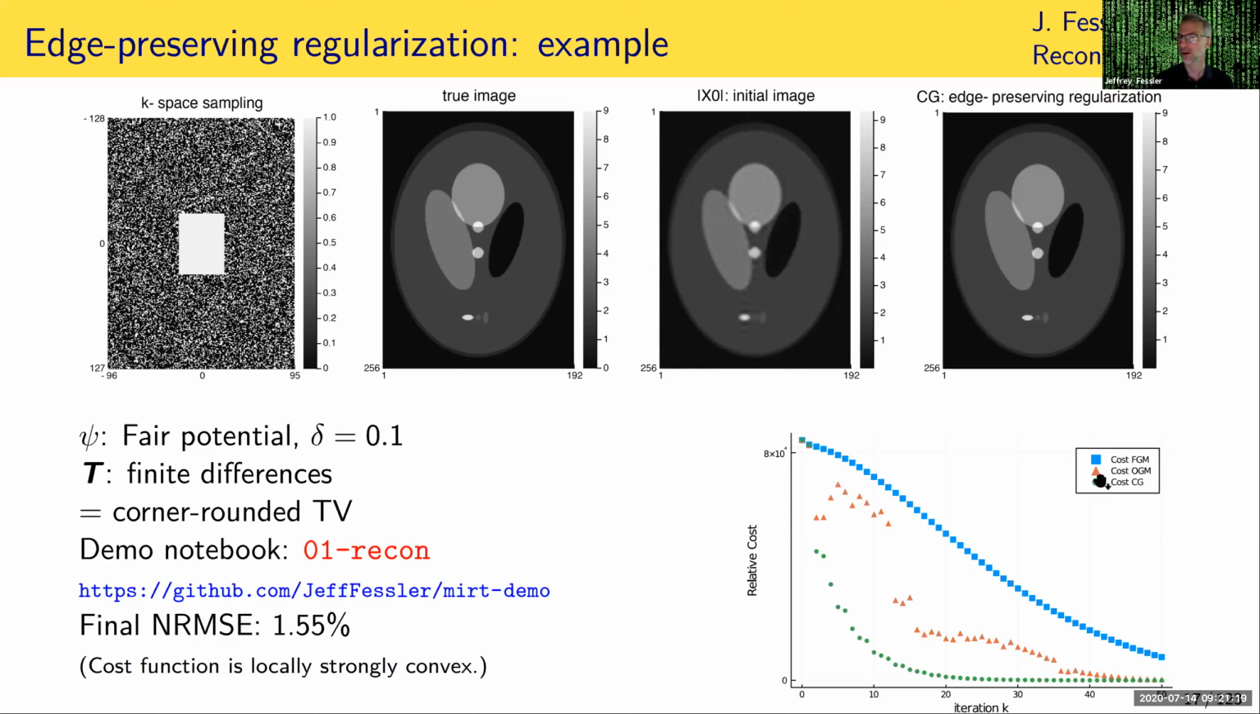But for this particular cost function, even though it's non-quadratic, the nonlinear conjugate gradient algorithm converges even faster. And I think the reason for that here is that this cost function is probably locally strongly convex, and OGM and FGM are not optimal for functions that are locally strongly convex, whereas CG is quite effective in that regime. And the final root mean squared error here is only 1.5%, so that's quite good despite the factor of 4-fold acceleration of